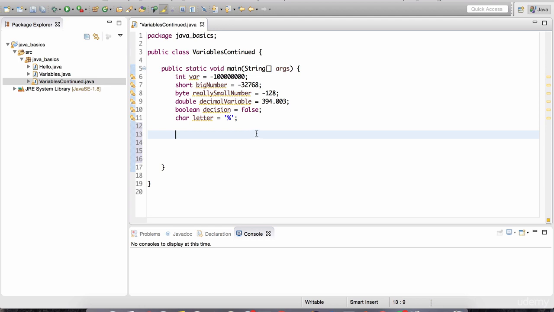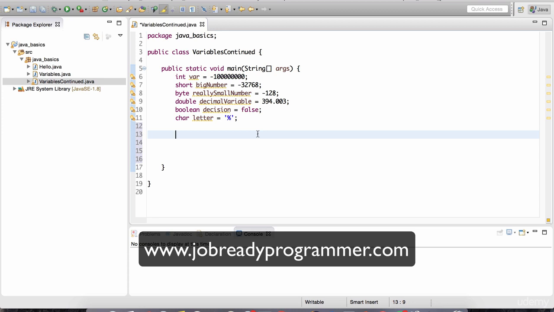All right, so I'm going to wrap it up here. In the next lesson, I'm going to go over something called arrays. Arrays are used to store multiple related things in one variable. So for example, we have the var variable here, big number, really small number, decimal variable. Each one of these variables only contain a single element. Well, with an array variable, you can store many elements of the same type. So I'm going to go over that in the next lesson. So stay tuned. I'll see you